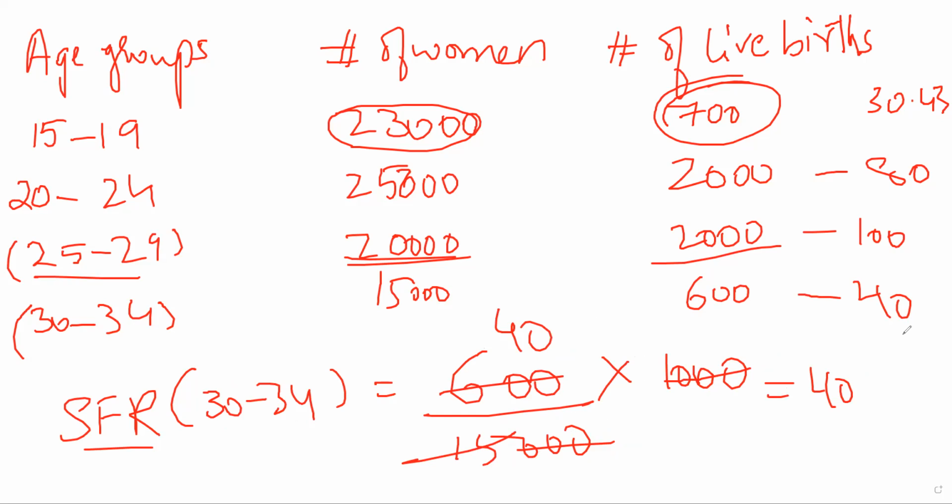Now I can compare fertility rate over the age groups. Meaning I can tell that the highest fertility rate that I am able to see is in between the ages of 20 to 29. Under 20 and over 29, the fertility rate generally goes down. That is why you will see a lot of statistics, a lot of gynecologists also telling the highest rate of fertility is in between 20 to 29. Lower than that it is dangerous, higher than that chances are lower. Okay, it is not that you will not get pregnant, or that there is no fertility altogether, but statistically speaking the rate goes down, and so on.